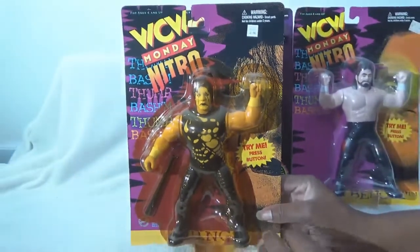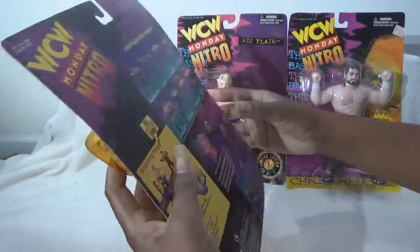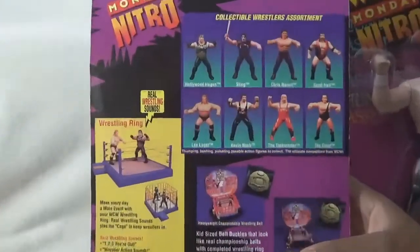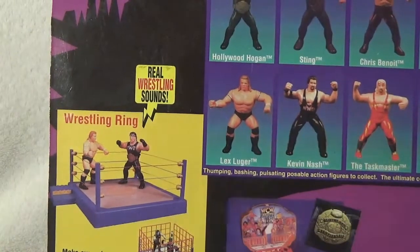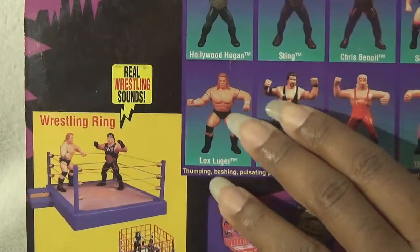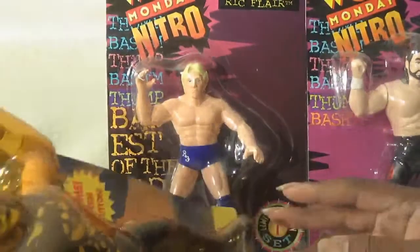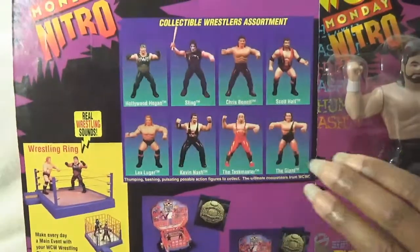And then he has the jointed legs. Now, if you look here on the back, real wrestling sounds. So again, if you were to mash the button, and I did, but the battery's dead, you're going to get some sounds in there. But this one came with 8 figures, this series, and it doesn't have the series number on it, but it came with